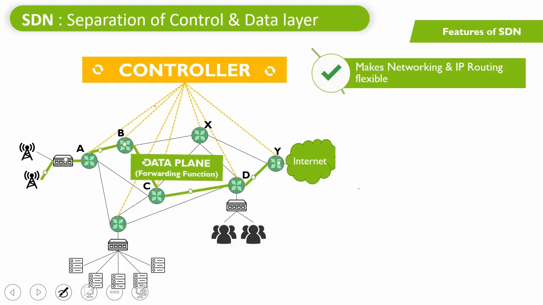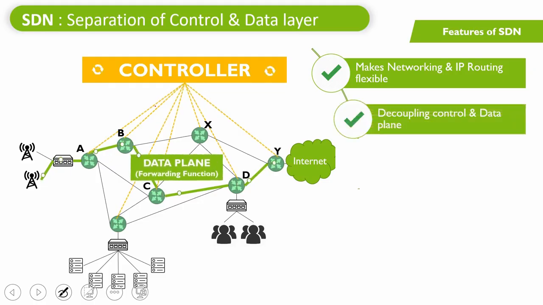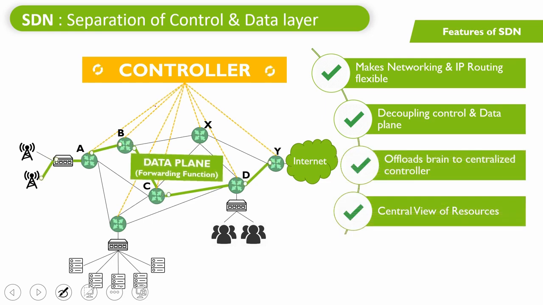The second key principle is decoupling control and data plane. In traditional network, both brain and data forwarding layer sit on the same router. Here we can see the centralized controller in SDN, whereas data forwarding plane is still residing on the router. The centralized controller, as part of SDN, decides the traffic routing. The data plane is only used for forwarding the payload to the destination. We call it a decoupling of control and data plane. They are totally separated.